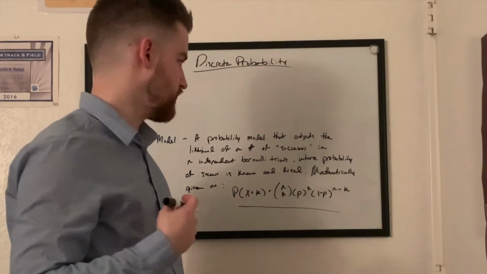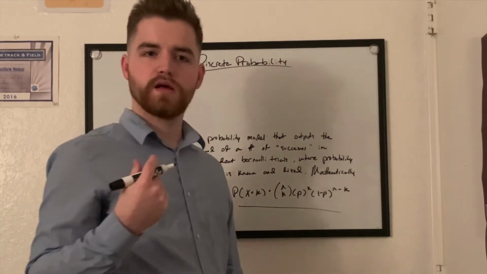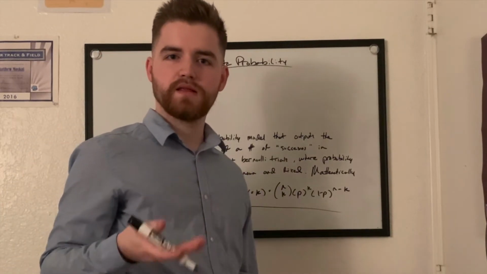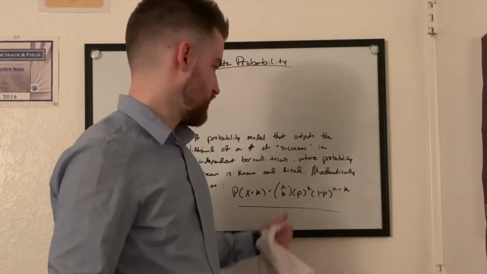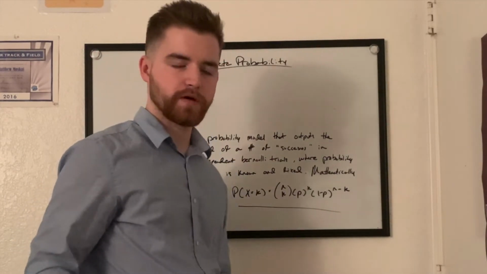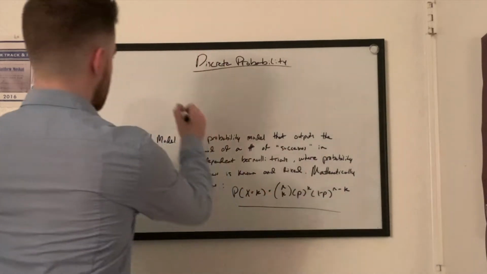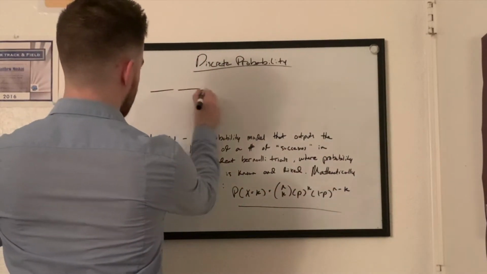k is going to be our number of successes. If we deem a success as being a heads, then we want 2 successes. So k is equal to 2, and p is the probability of 1/2. I'm going to go ahead and show this first. So if we have 3 coin flips,